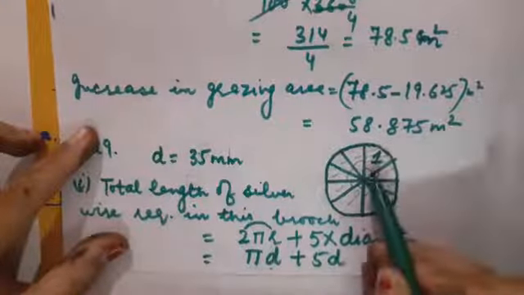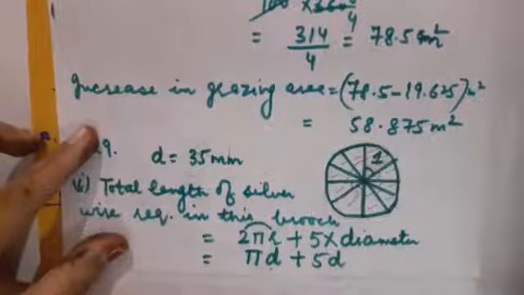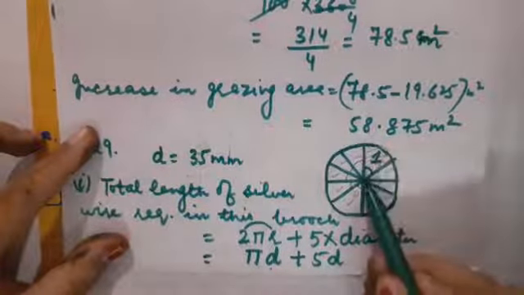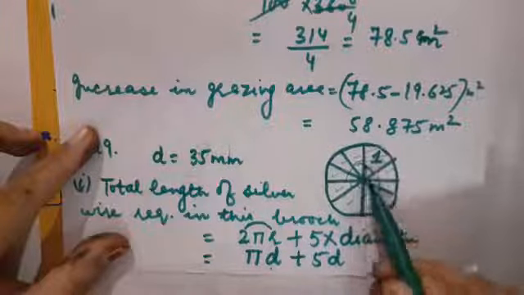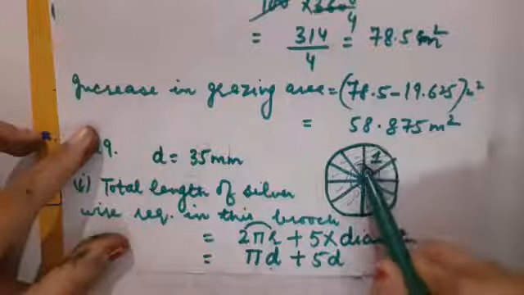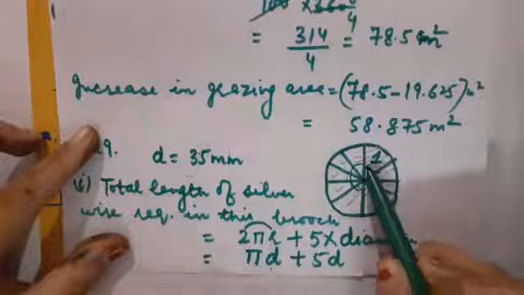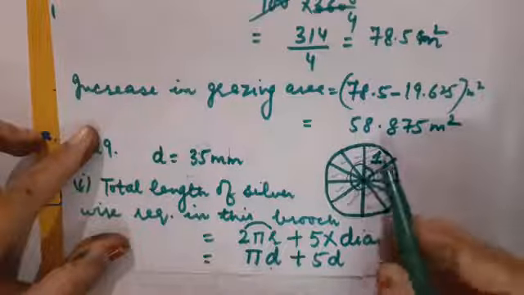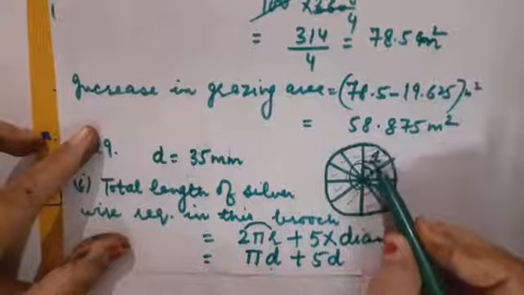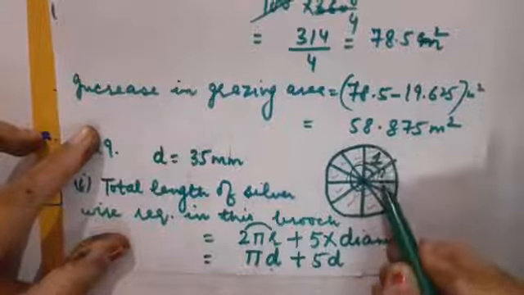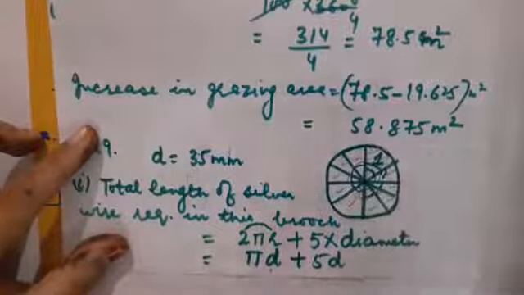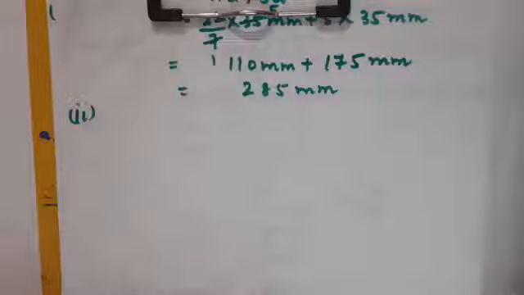Now children, as you know that area of sector is pi r square theta upon 360 degree. Now the problem comes, what is theta? What is this center angle? Children, have a look. This is angle at a point, means complete circle it is forming. And this complete circle is divided into 10 equal parts. So if I divide 360 degree by 10, I will be able to get this center angle. This also, this also, this also. Correct? So children, let us start doing second part now.